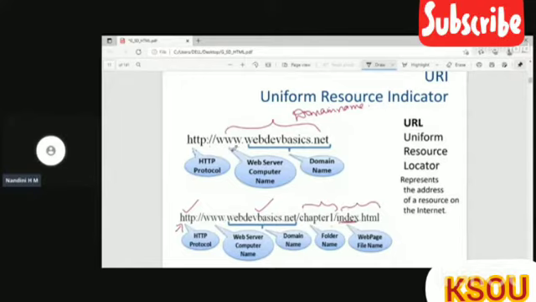For example, in the KSOU website, if you want to go to the examination page directly, you'll enter the KSOU URL, then a slash, and then the path name, examination.html. So it depends on the web page address.